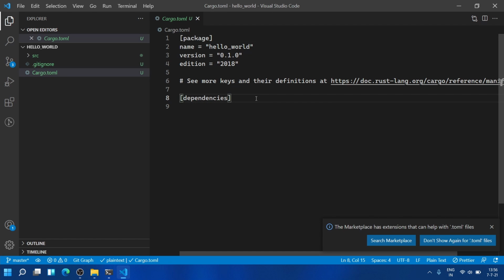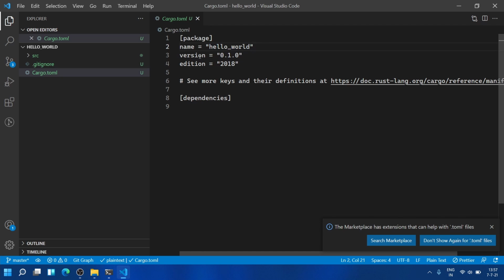So when you compile, the cargo build tool will automatically pull the dependency and compile it as part of your application. And then here, the name is the name of your application. Whatever you gave in the cargo command will come here. We gave hello world, so the name is taken as hello world.